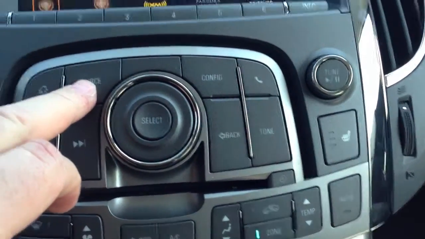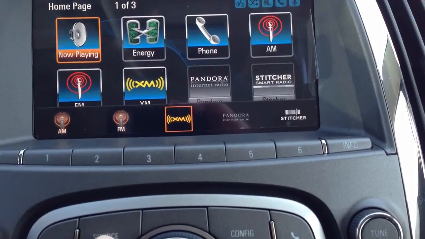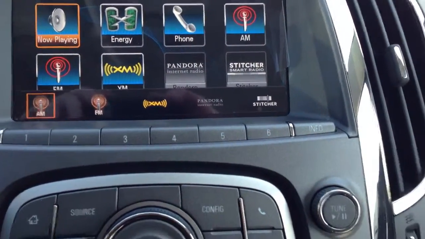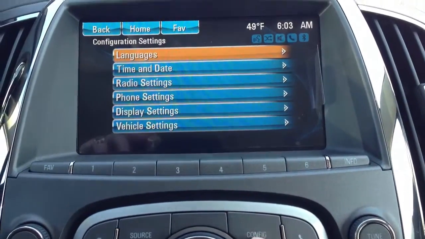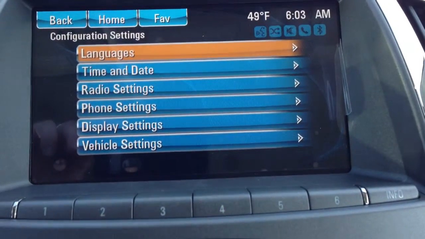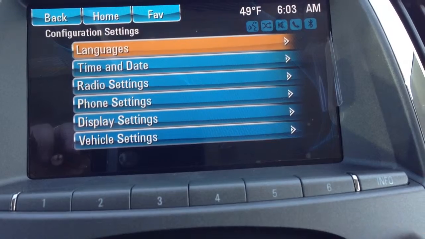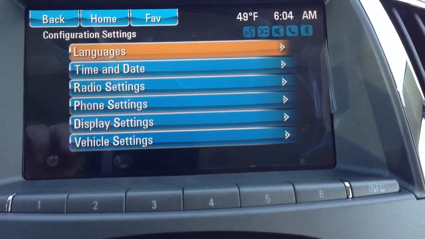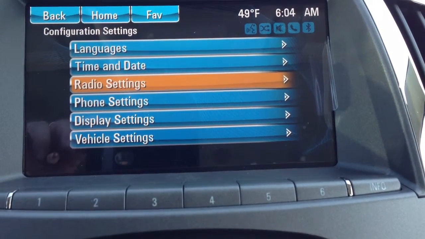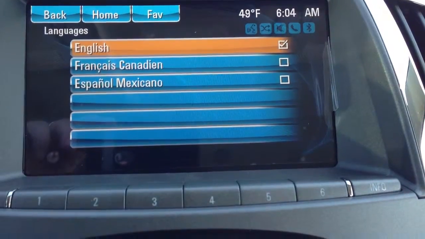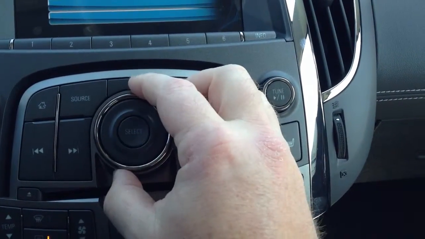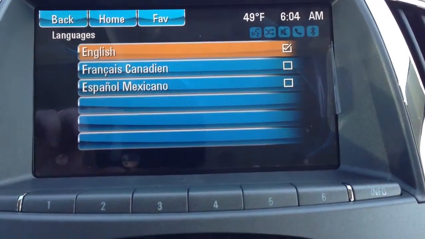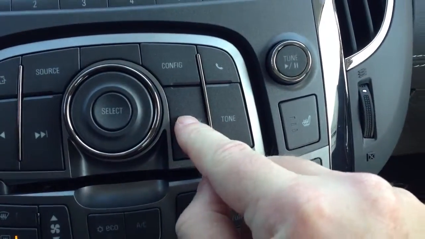Source button here toggles between the sources on the bottom of the screen there. Configuration button takes you into the configuration settings. Here the choices are language, time and date, radio settings. I'm going to go into language, and I'm using the multifunction dial to rotate and then push the center to select. So choices for English, back button on the center stack,